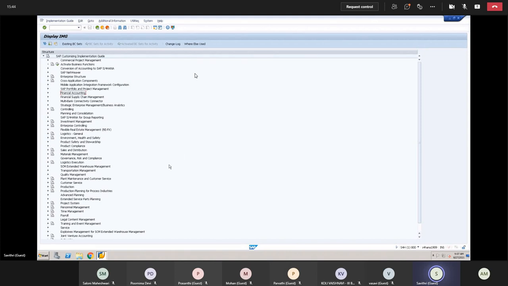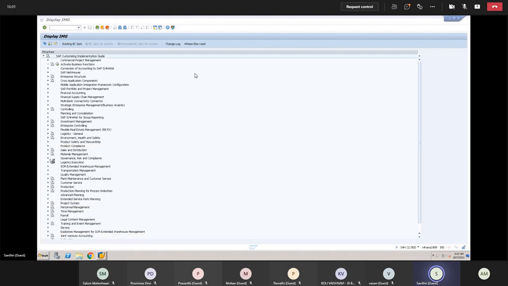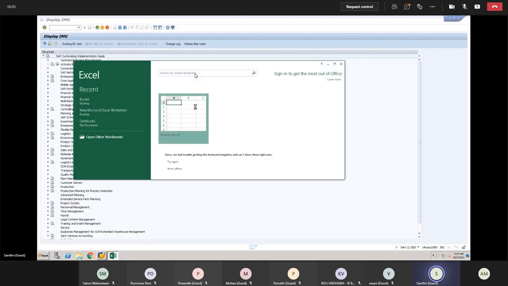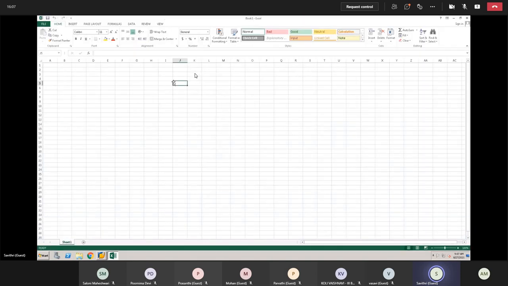Reconciliation statement. So what is EBRS? EBRS is nothing but whatever we learned in our +2 and degree, that is the electronic bank reconciliation statement, where we match our bank balance with our books and with whatever is shown in the bank statement. The same thing we'll also be doing in SAP. That is, we will try to match what is the bank balance